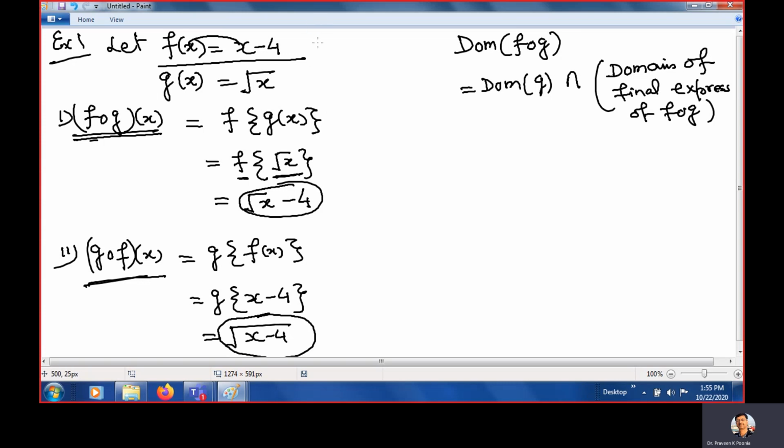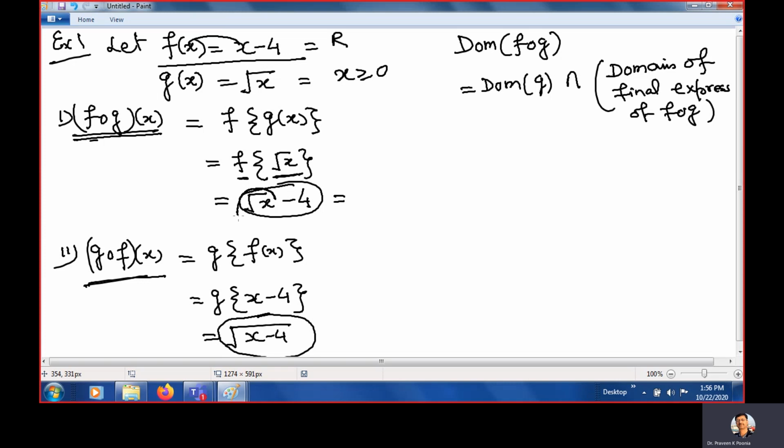And in the previous lectures, we learned how to find the domain. What is the domain? This is a polynomial function, so the domain is R. This is a radical function, so what will be the domain? Inside whatever is written, put this greater than or equal to 0. What is the domain here? You need to see minus 4 is outside, no problem.